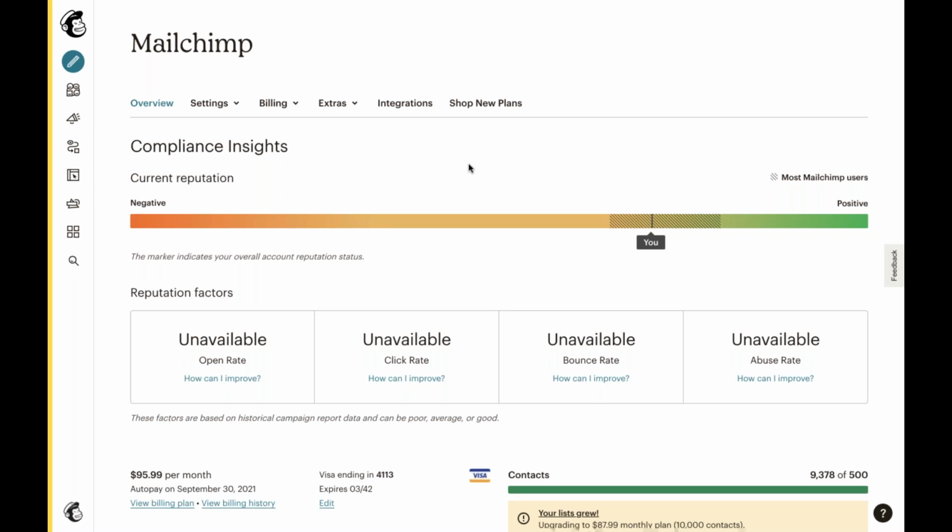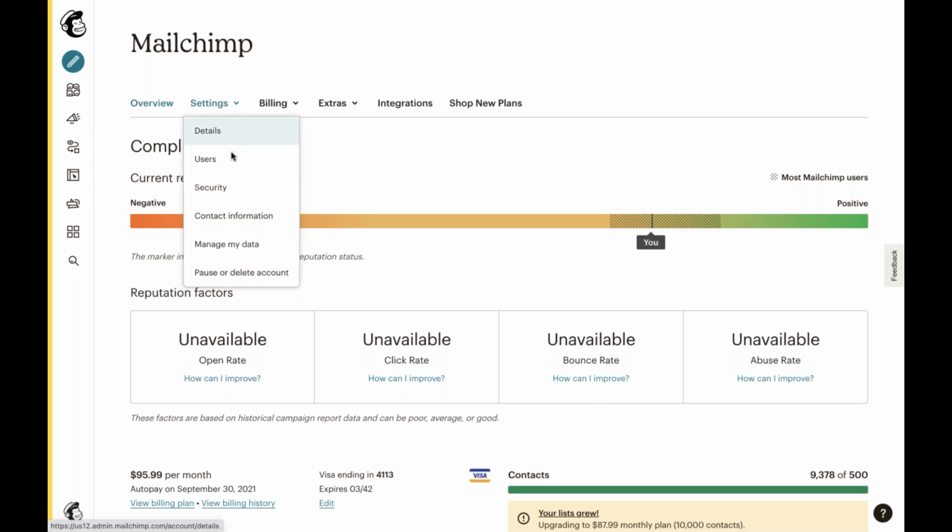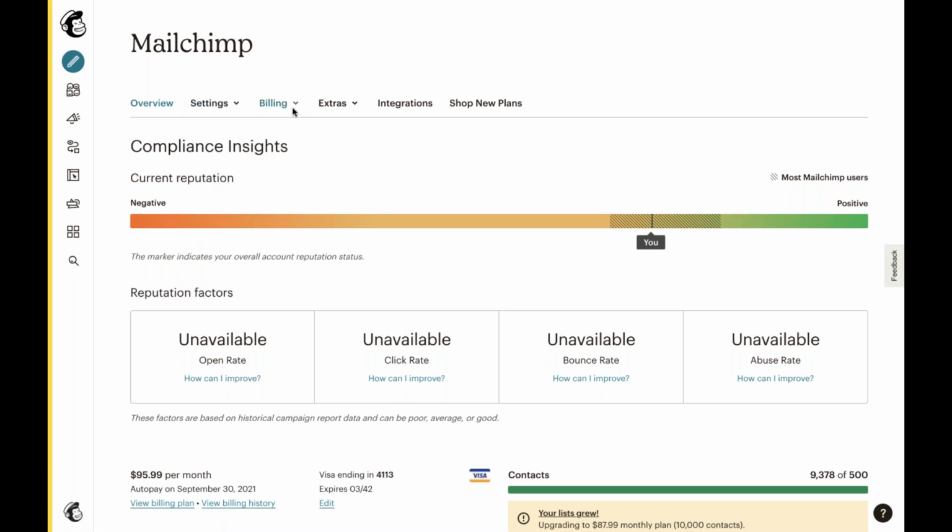So first up, we're going to start under the settings tab. Awesome. All right. So in the settings tab, you can manage all of the details of your account, like your company name, users on your account, and set security settings, edit contact information, as well as account data. So next, we're going to move over to the billing menu dropdown, where you're going to see monthly plans or credits. And this page will show you an overview of which plan you're on and your payment method.